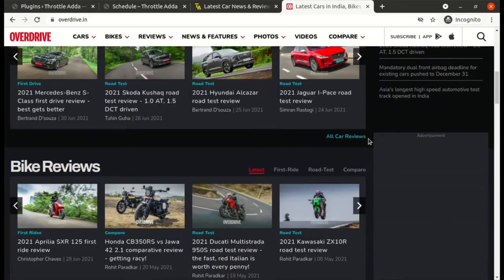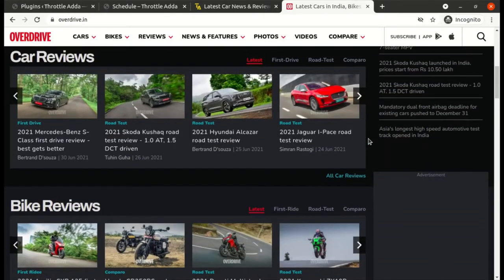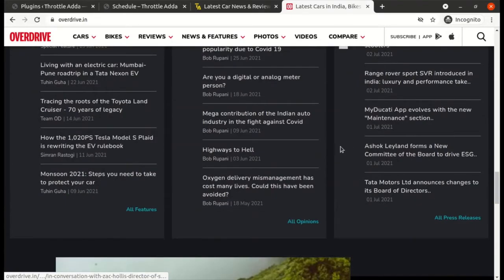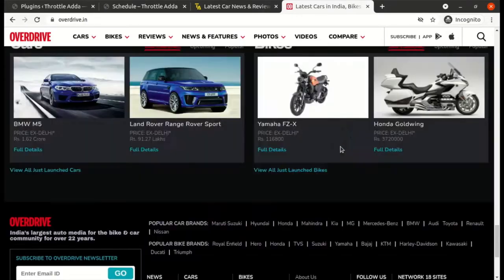If I go to the second fold of the website, again I can see so many articles. So we have the same target, and we are going to try to create our website with a very similar layout. Okay, this will be our reference website basically. Not all sections we'll try to replicate, but most of the sections.